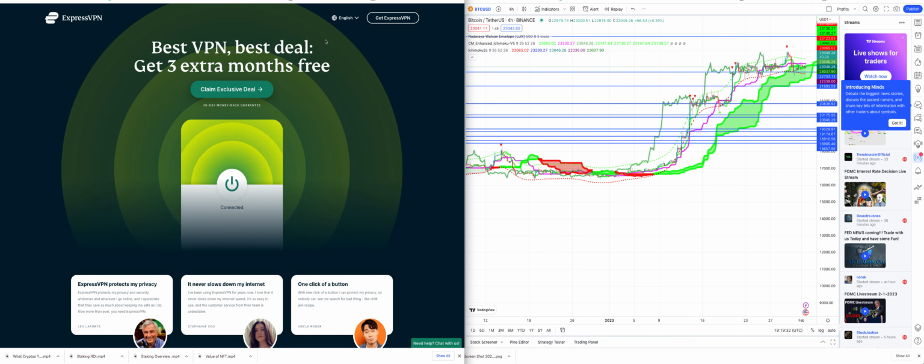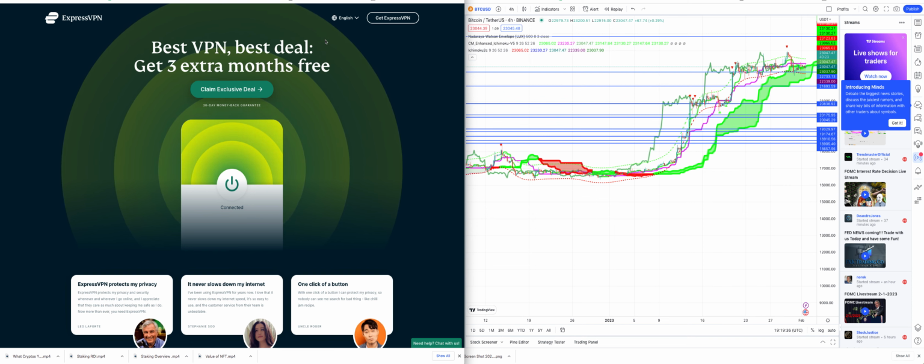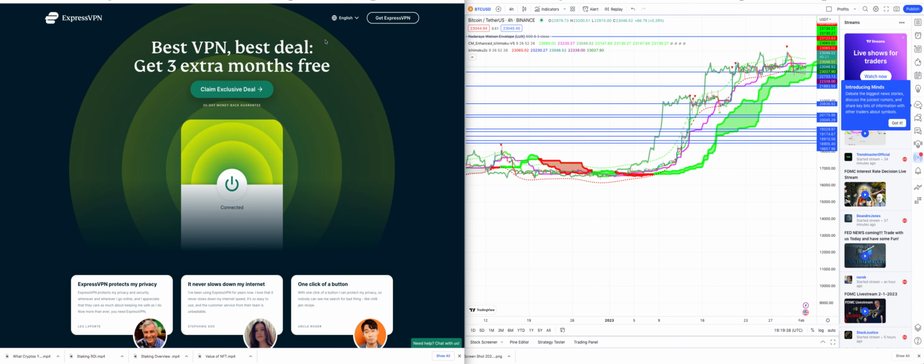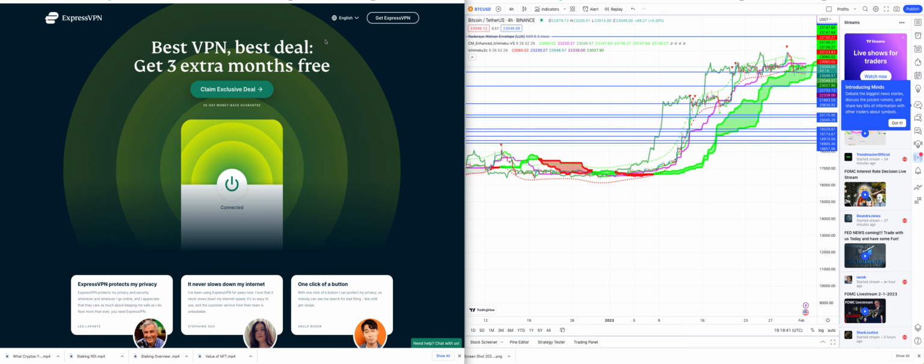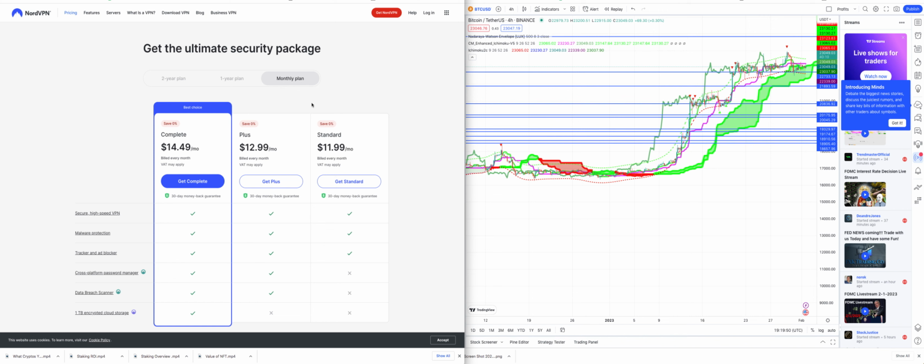Last but not least, when it comes to great VPNs, ExpressVPN is also a great VPN. They do offer a 30-day money-back guarantee. Also, a lot of these VPNs do offer that, which is great. Preferably, my favorite VPN is Proton or NordVPN. Not trying to be biased, but I've used both of them and they work great. But I wanted to give you guys a couple choices to choose from, for those who are looking to use credible VPNs. Again, Proton is great.